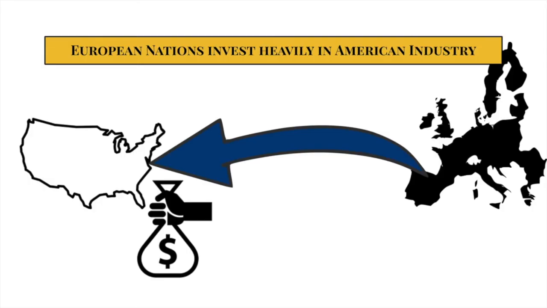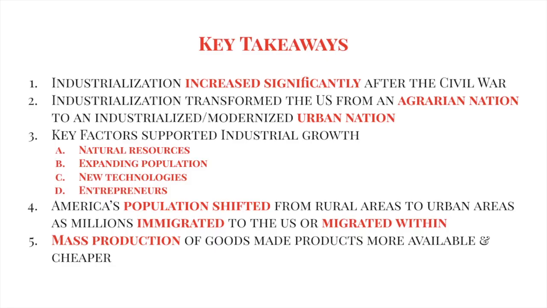And then lastly, we're going to see European nations investing heavily in American business. So Europe's kind of already been doing this Industrial Revolution thing. America's now catching up, and America is almost going to surpass them in many ways. But a lot of businesses actually benefited quite heavily from investment in European countries, providing us with the capital, the money to initially start many of these businesses, which then Europeans are going to also benefit from in terms of sharing profits. So that is, again, just a real brief look at America's industrial growth in the late 1800s.